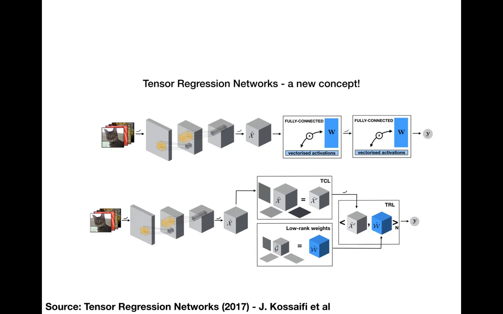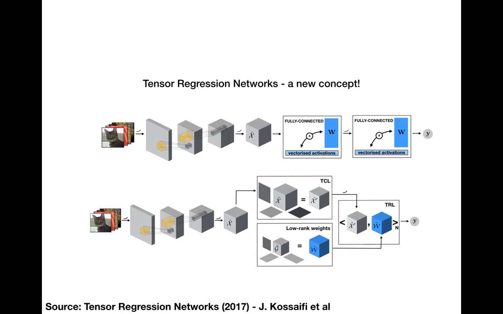Prior to the fully connected layer, typically you would have about 4,000 neurons in the flattened layer. And then you would use your fully connected layers, leading to a very large number of parameters to be optimized for. What people at Caltech, especially the founders of the TensorLy Python library, made by Jean Kossaifi and Animashree Anandkumar, who is a professor at the Caltech Computational Science Group, have developed is what they call tensor regression networks,